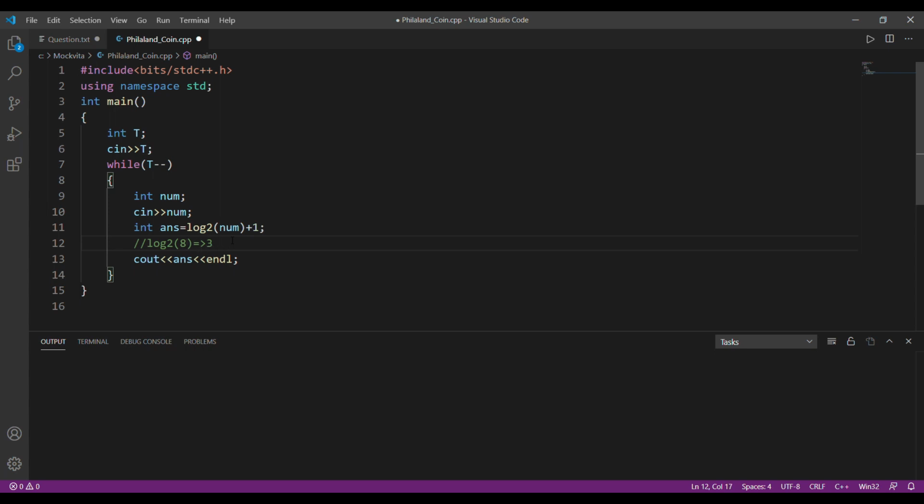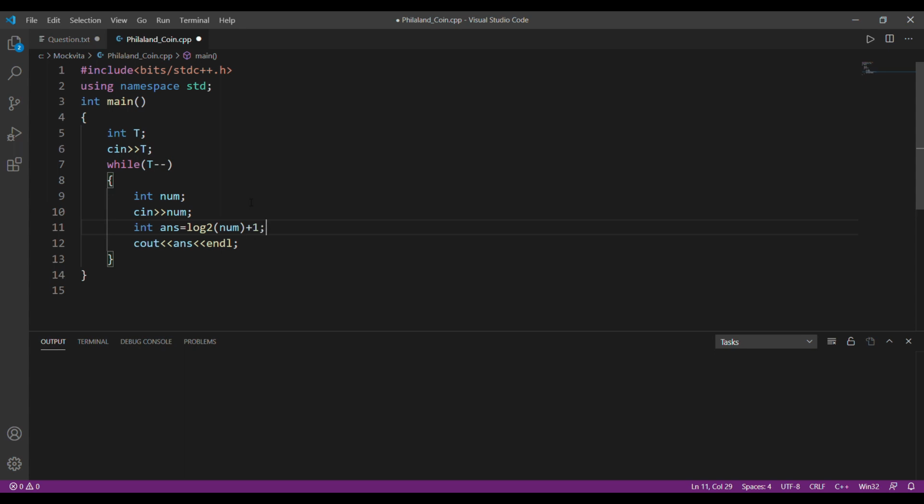So if I find log 2 of 7, it will definitely be 2 point something, and since I'm storing my answer in an int, it will only keep the value 2. So I'll add 1 and my answer will be 3, which is correct. Now, if I take log 2 of 8, it returns 3, but I can't create all the values up to 8 with only 3 denominations, so I'll just add 1 and that will be my answer. This was the complete code which will run all the test cases in CodeVita.